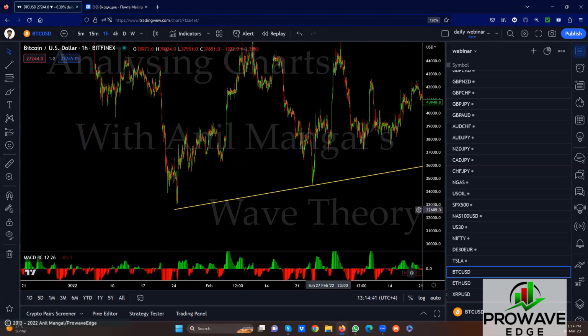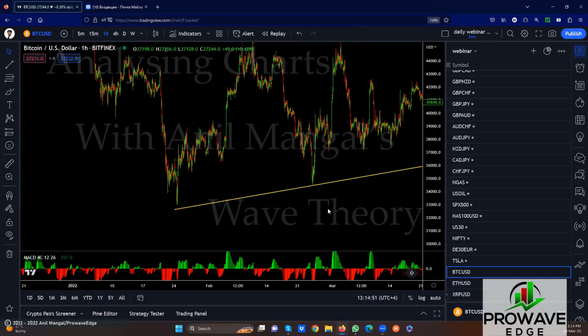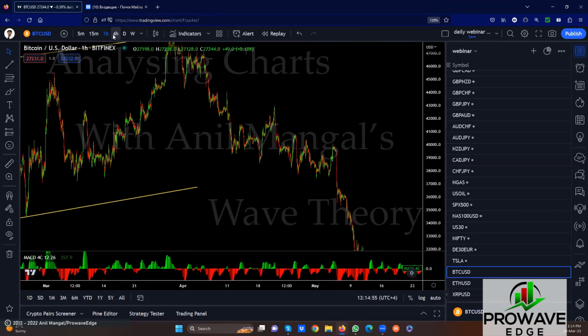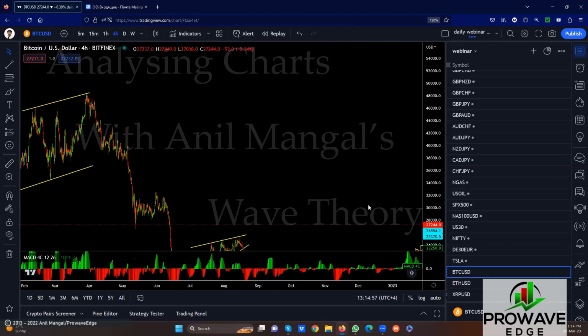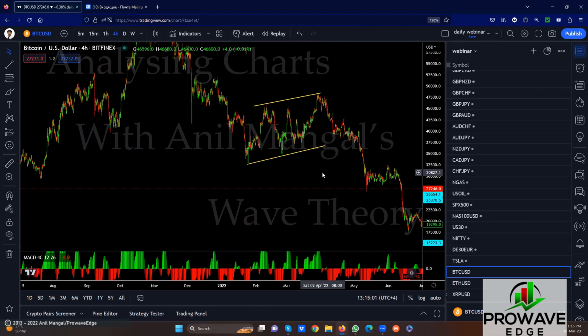Yep, there is a running flat. See, this one went up, broke that top, but then dropped, made this, and then went. So that drop is what you have to be cautious of if you're buying within a running flat. And if you're buying within a running flat, always be cautious that they are going to pull back. I think there's a lot of running flat in the charts. You can go and find